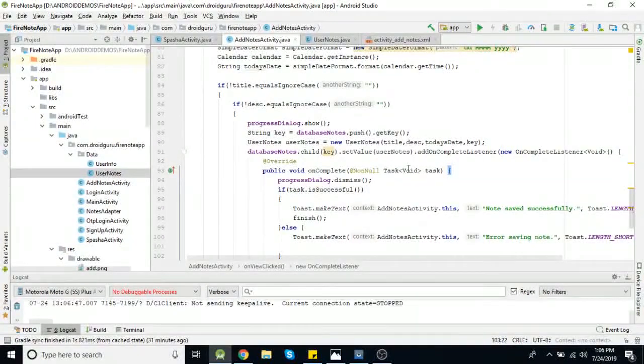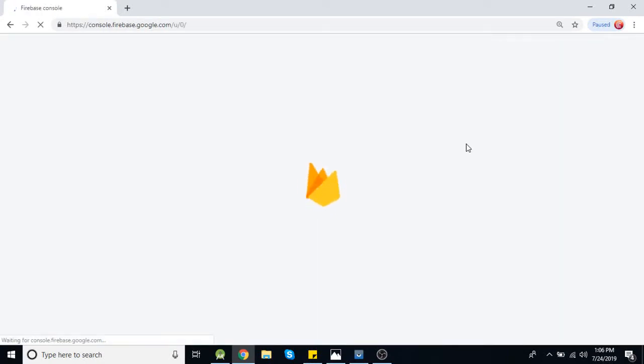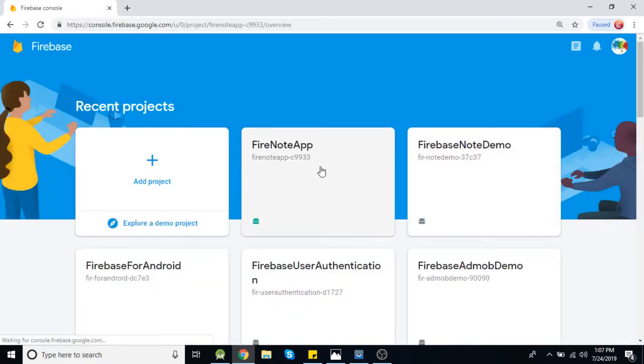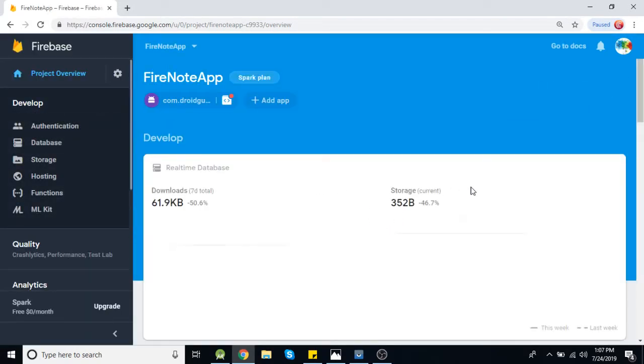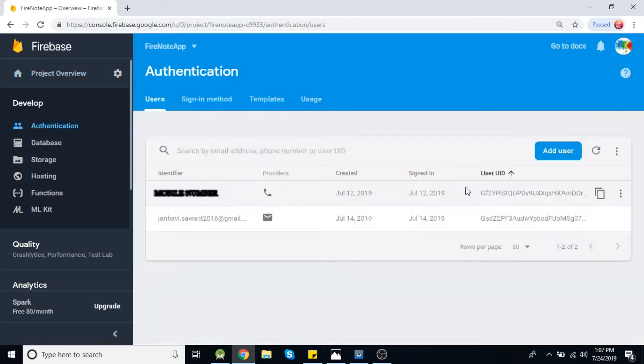Now in the Firebase console, if you check here, in authentication, we already authenticated the user using email and password, but at that time we didn't save that user ID. So again we need to authenticate the user, because now we require that ID. So better I'm deleting this user. It's not necessary to delete, but I'm going to use the same account, so I'm deleting this.